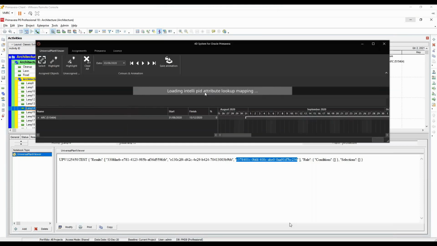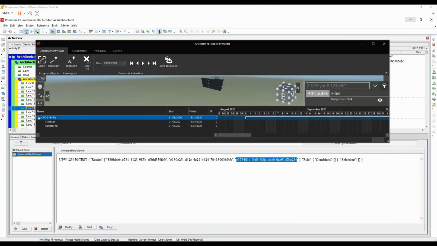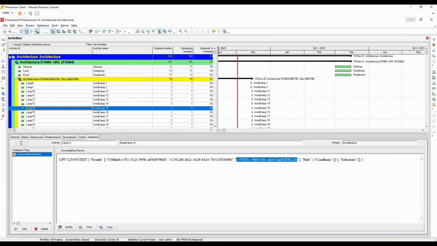This is now opening up a local project, and it's connecting to the database. As you can see, we have cleanup, gardening, roadworks. There are these 3 items up here, and I have a direct connection. So if I rename this and I go over here to P6 and I press F5, it's really renaming the